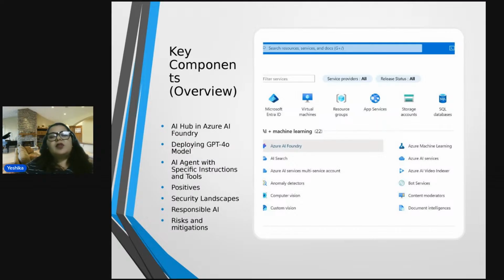The positive elements that we will be able to fetch from the AI agents. And then comes the part which we should always take into consideration: whenever we are available digitally, we should be aware of what elements can disrupt or harm the information that you are adding, or how you can protect your data all over the internet.